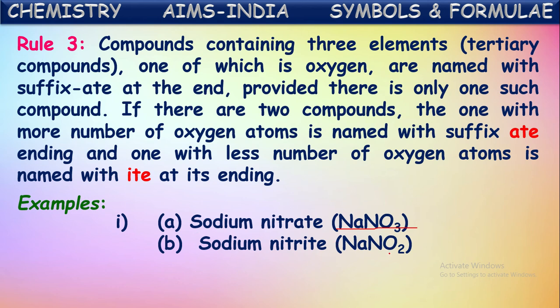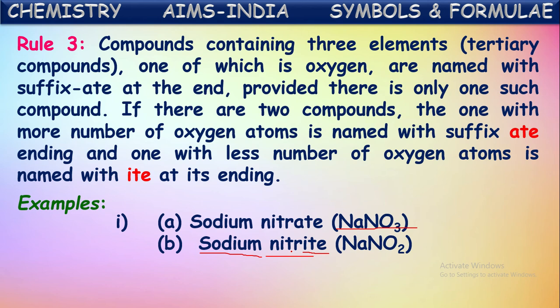Got it? Now if you observe this second compound's formula, the number of oxygens is less than the first one. Same elements but fewer oxygens. Okay. Now first the metal's name is written, sodium. The second non-metal, nitrogen, is written. And at the end of this non-metallic element's name, -ite is attached by eliminating one or two letters from the non-metal's name. Now it became nitrite. Now we can say its name is sodium nitrite.